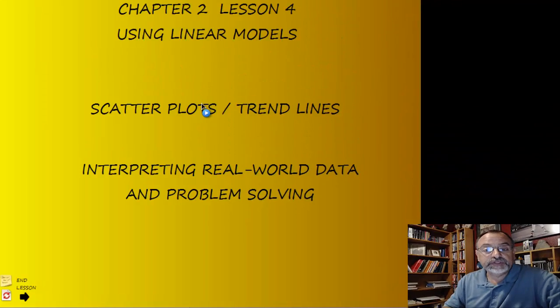Chapter 2, Lesson 4 of Advanced Algebra. We are now going to look at using these linear models that we've been working with in the last 3 lessons. And we're going to introduce, if you haven't seen them before, scatter plots and trend lines. And we're going to use these scatter plots and trend lines to help us interpret the real world data that we're looking at. And then we'll talk about how to problem solve, looking at word problems and looking at some things that we can use to help us get better at interpreting or